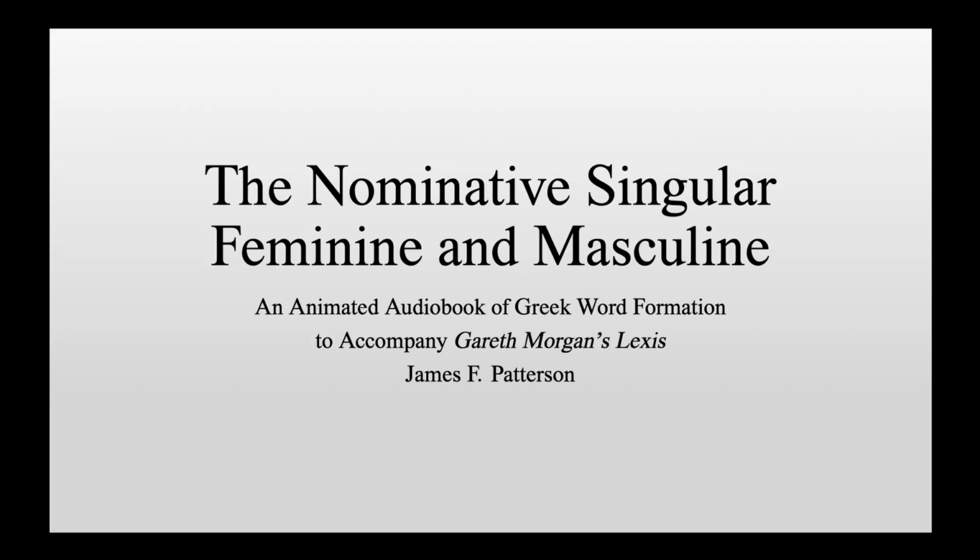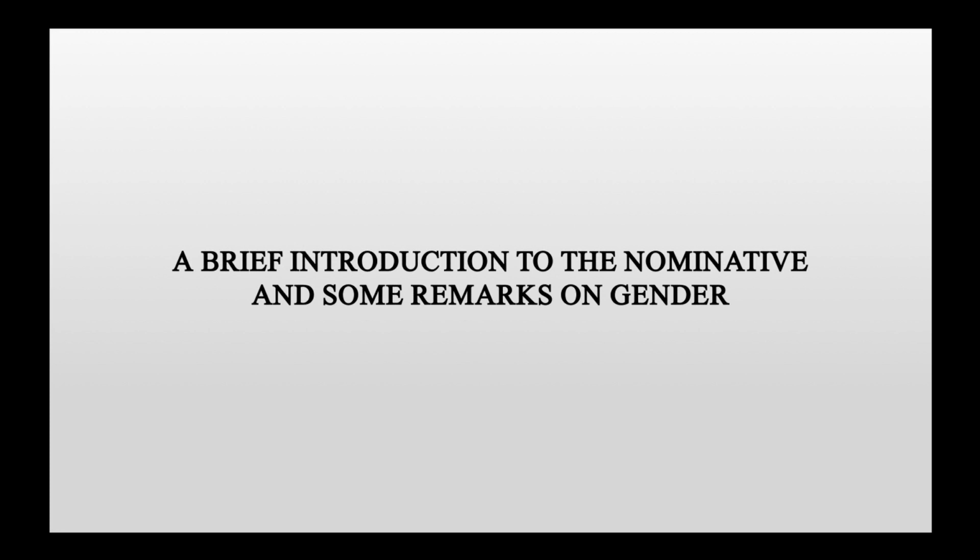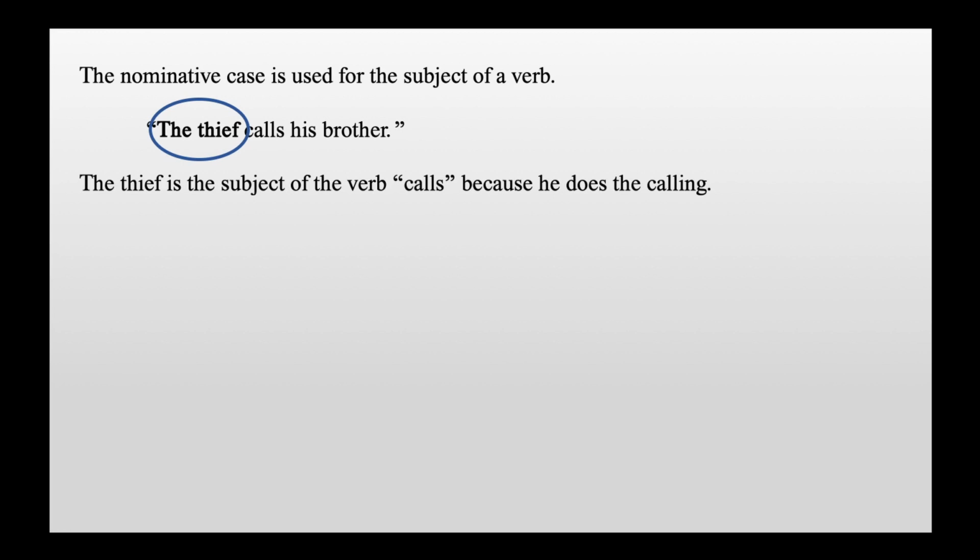In this video, we explain how to form the nominative singular of feminine and masculine nouns. But first, a brief introduction to the nominative case and some remarks on gender. The nominative case is used for the subject of a verb, so take the following sentence: the thief calls his brother, where the thief is the subject of the verb calls because he does the calling,